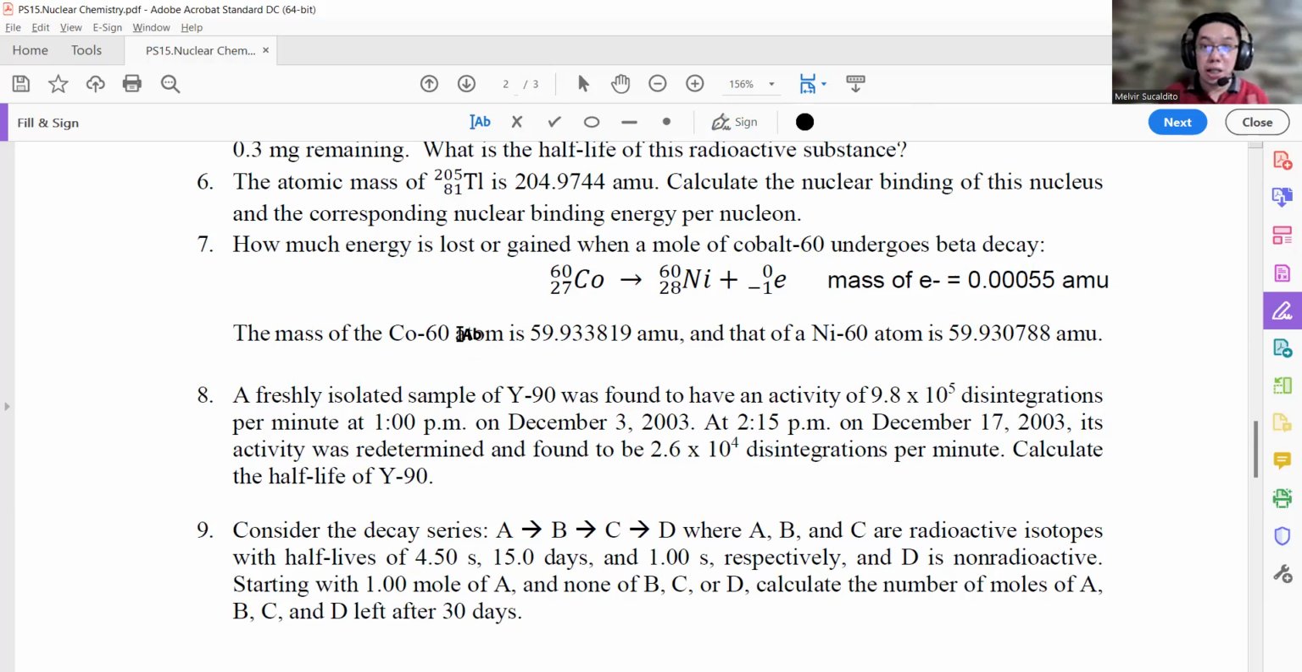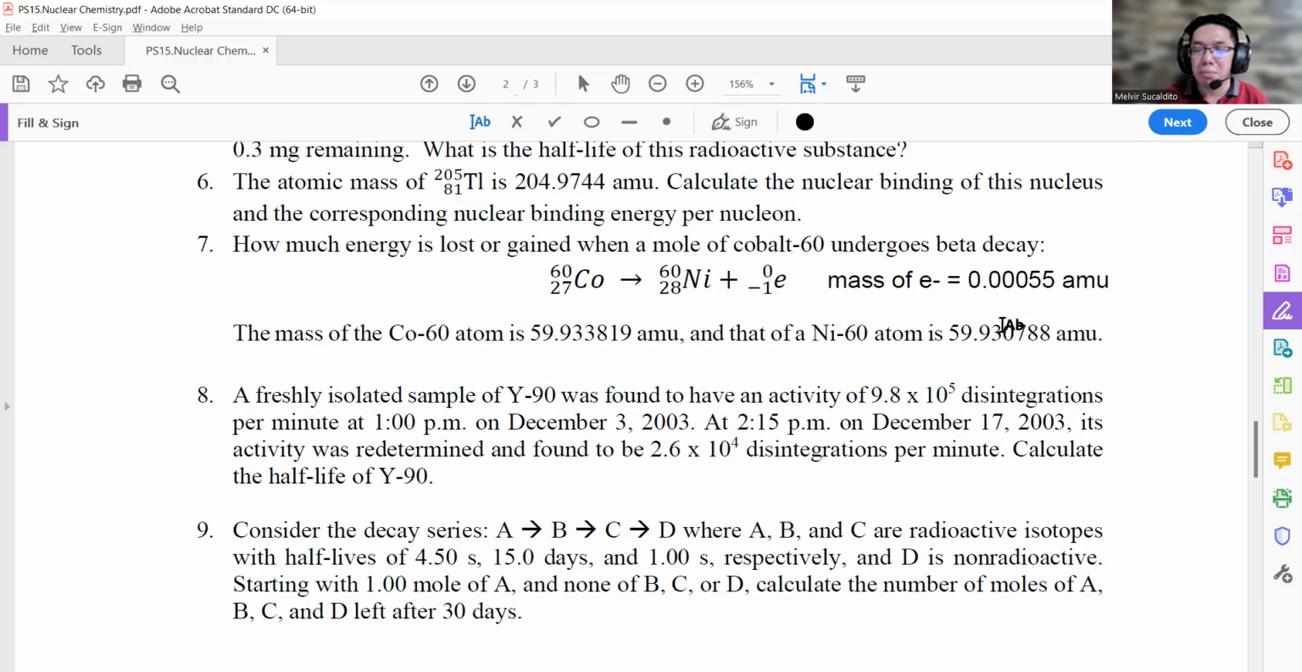So for number 7, here is the problem. How much energy is lost or gained? The sign will be a decision factor there. When a mole of cobalt 60 undergoes beta decay, it forms nickel 60 and, of course, a beta particle. The mass of cobalt 60 is 59.933819 AMU, very exact, and nickel 60 is